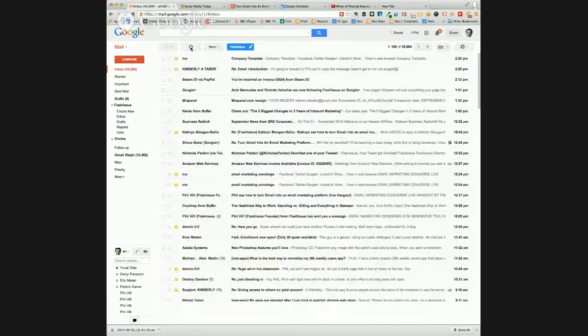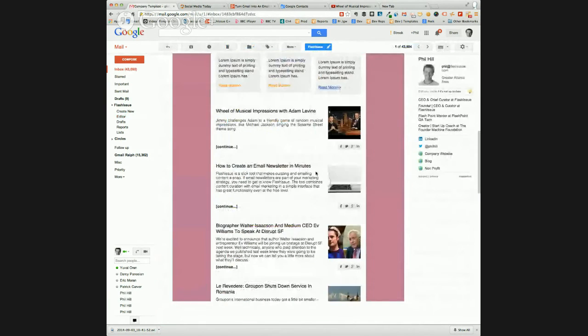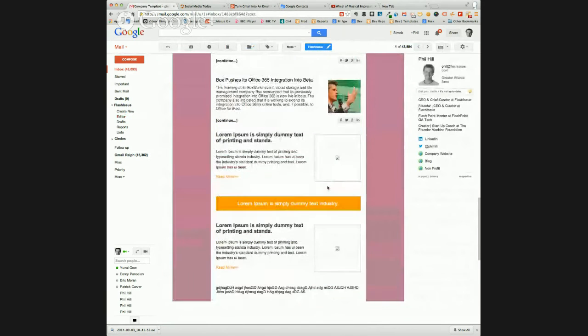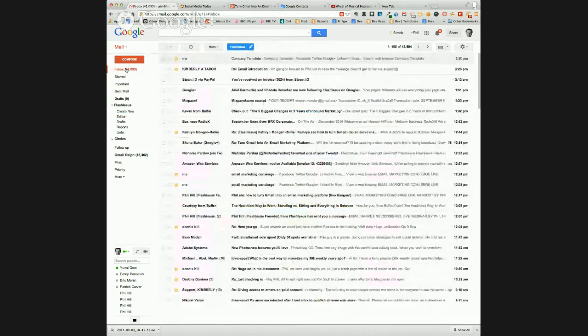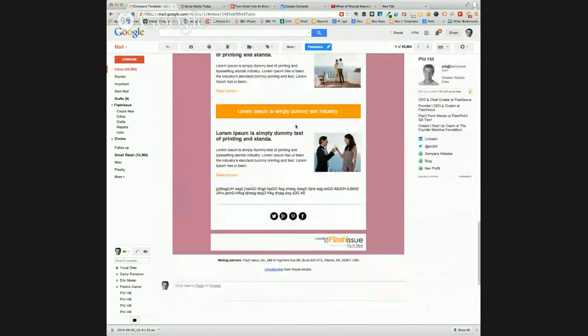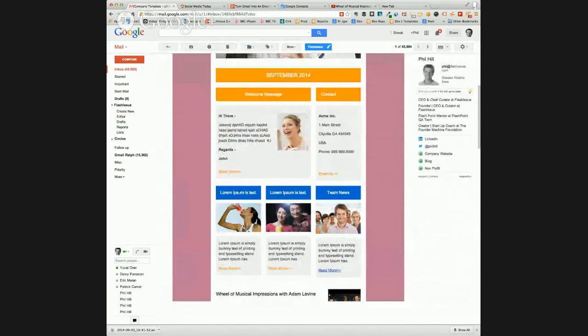If we go back in here, here's the one I just sent. When it's a test to myself, there it is. These images should reload eventually. Once Google wants to do it, there you go. So they were there. Now what happens is, any time I actually click on any of these links, if I was, for example, to do that,